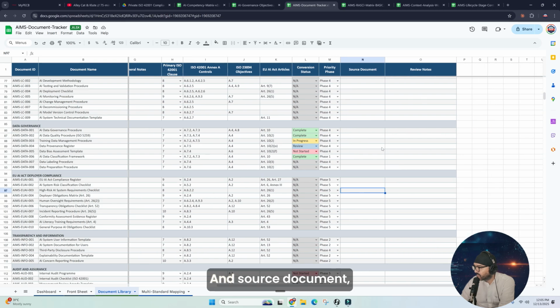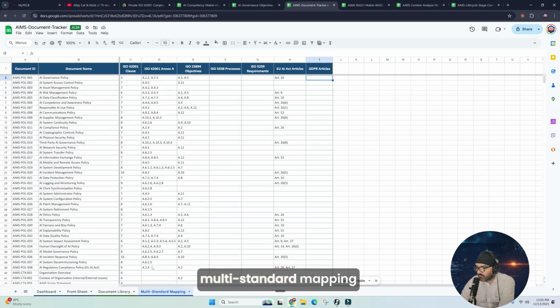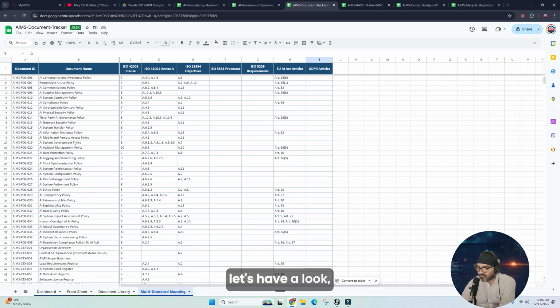And source document, review notes. And then we've got multi-standard mapping here, where again you can just scroll down and look at things like, let's have a look, AI system retirement policy, ISO clause 8, 42001 Annex A 6.2.5, no risk management objectives there at the moment, no 5338 processes, no 5259 requirements, and in this example, no EU Act or GDPR, but you can